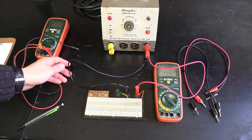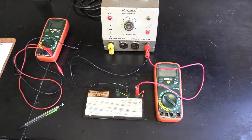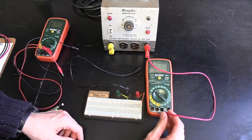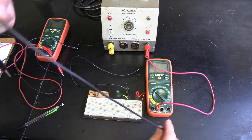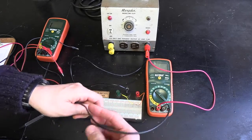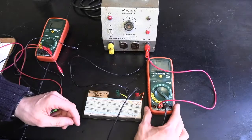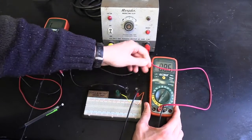This is a loop, and the circuit would work. The problem is that we would not be able to measure the current. So what I have to do is open this circuit up and complete it with what we call the ammeter. This is a multimeter here, but we're going to essentially configure it so that it measures amps. So I plug the wires into the right holes, and then all I have to do is turn this dial